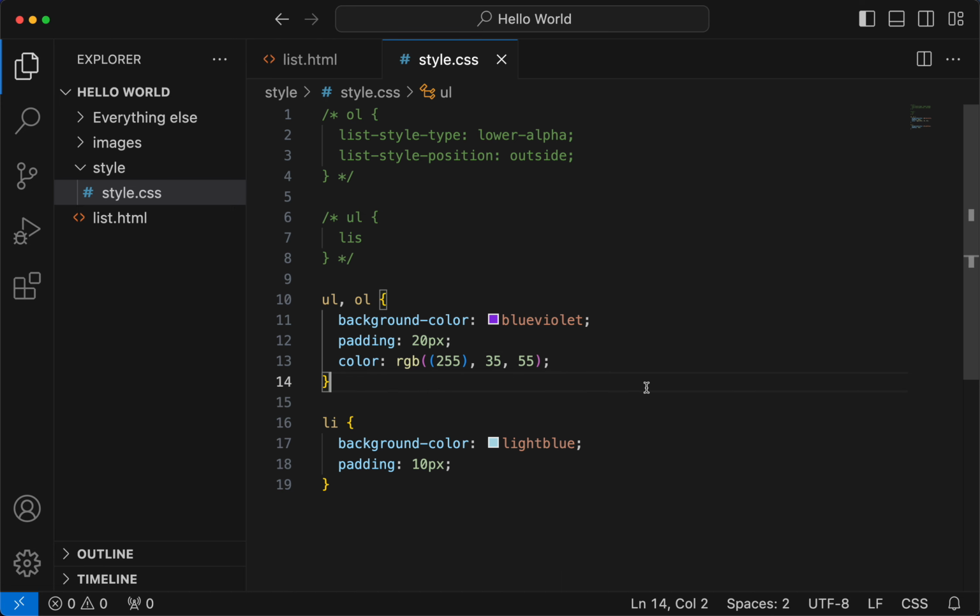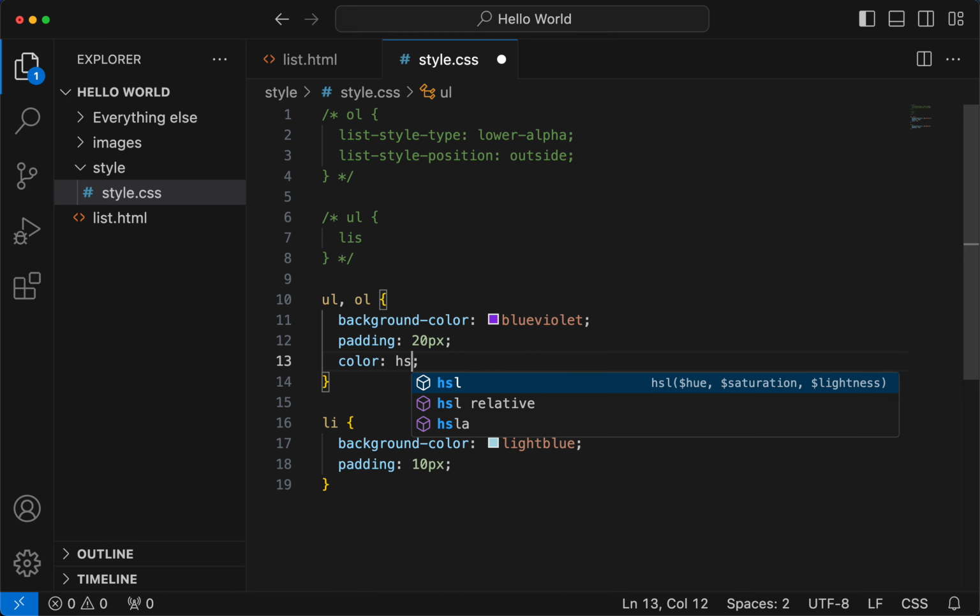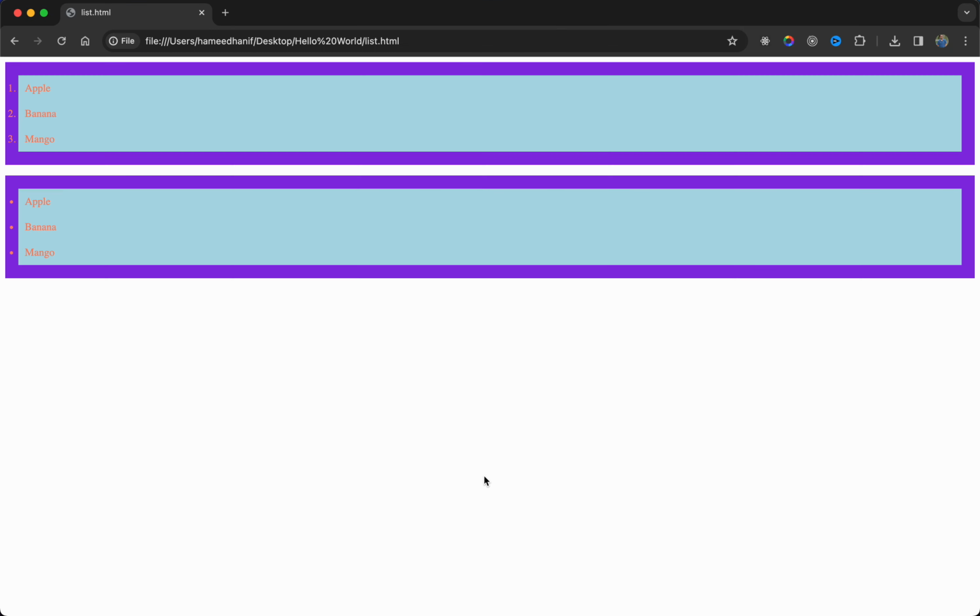So that's a mix, right? Okay. So this is a mix, or you could give hex values. Or you could give HSL values. Now you could give the color of the text any way you want, all these three ways,